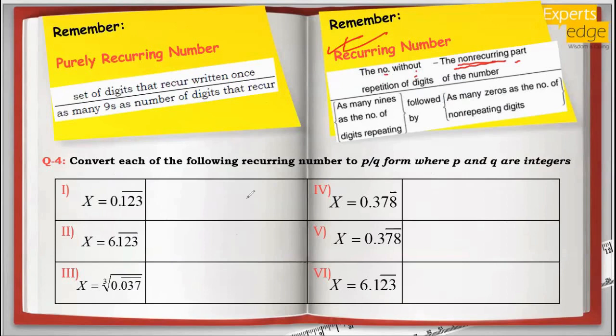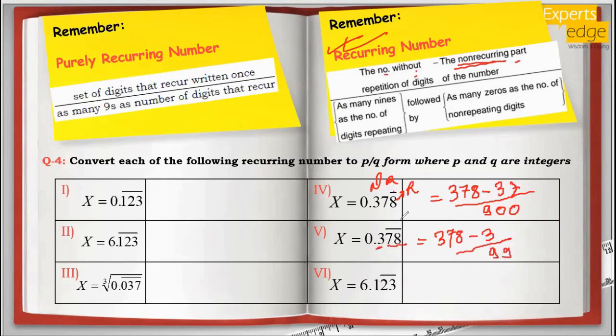This is important. So let's say if I solve the fourth one, here 37 is non-repeating and 8 is repeating. So here my answer will be 378 minus non-repeating, that is 37, upon only one digit was repeating, so 9, and two digits were non-repeating, so 900. Similarly for the second one, it will be 378 minus, here 3 is not repeating, upon two digits are repeating, that is 99, and single digit is not repeating, that is 0. I hope this funda is clear.